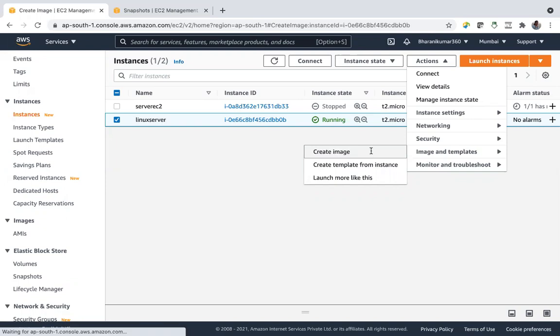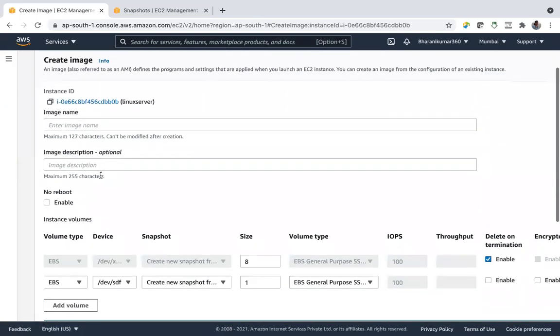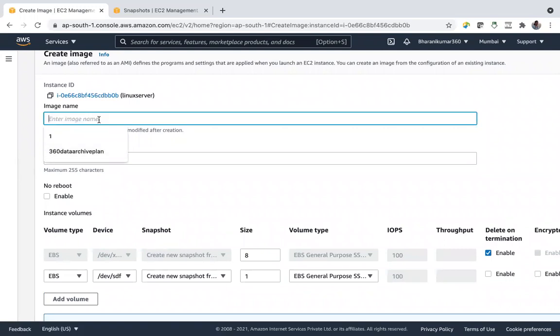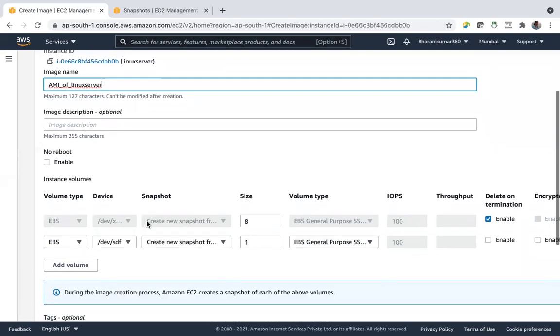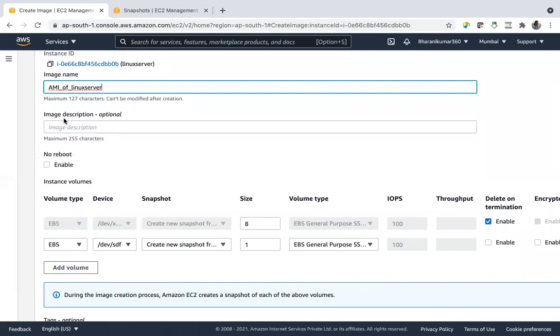Create image. Image name, say copy of Linux server. Let's say AMI. It's not just a copy, it's bootable copy, AMI. And if you want to give any description, you can mention here. No reboot option is there. What is this no reboot?